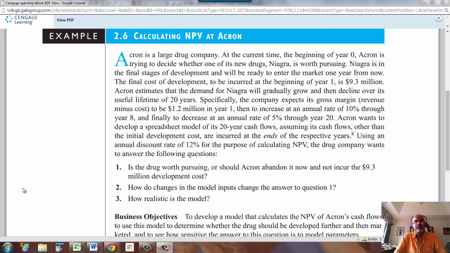In this last example of this chapter, we're going to look at net present value. Financial computations are a very important part of quantitative analysis. So we're going to look at a case where we have a drug company that's introducing a new drug, and there is a development cost at the beginning, and then there is expected net revenue, which is gross revenue minus